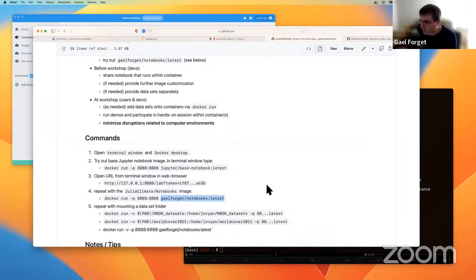This is the next part of the demo, so it gives me a nice transition. And I'm going to show you what it looks like. This is the Docker image that I had created for the Julia Climate organization. So that's the one that comes with the Julia Climate JuliaEO/notebooks repository. But I've simplified it a little bit in the case of this demo, made it a little simpler